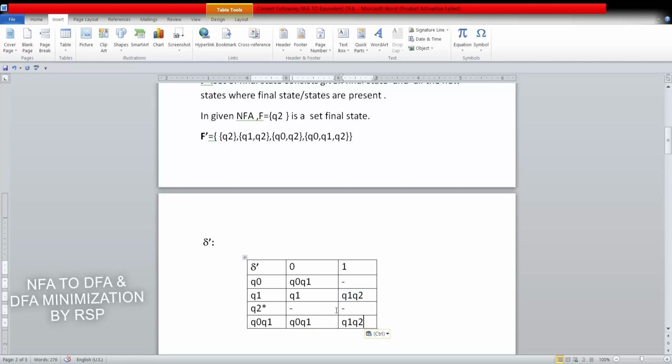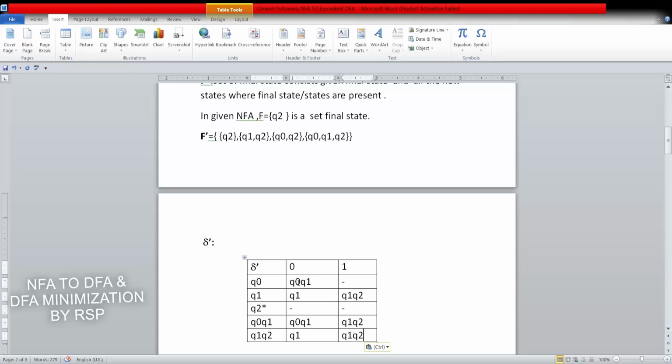Right. So as you can see, we have taken Q0, Q1, this new state, in the transition, but this next Q1, Q2 is not yet considered for the transition. So what we can do here, we will add this new state Q1, Q2 here, and we will find the transition on Q1, Q2. So just check the entries of Q1, Q2 on input symbol 0, which is these two entries, and the union of these two is only Q1. Yeah. And for input symbol 1, we consider only these two entries, and which is the same, Q1, Q2, right? So this is the delta dash.